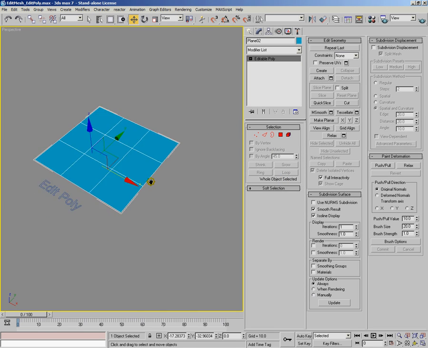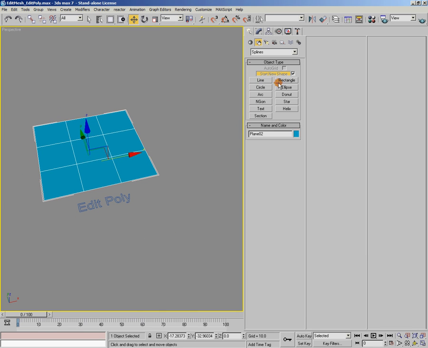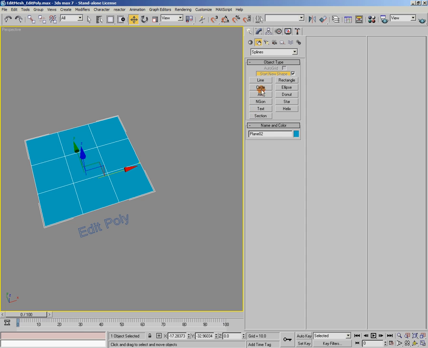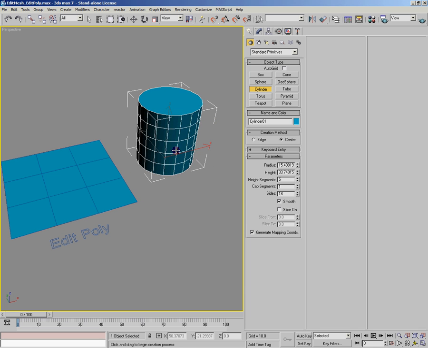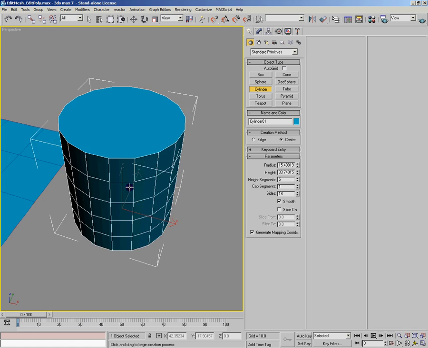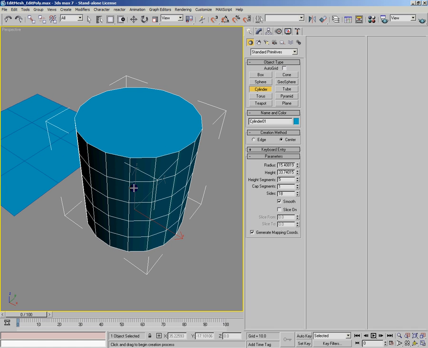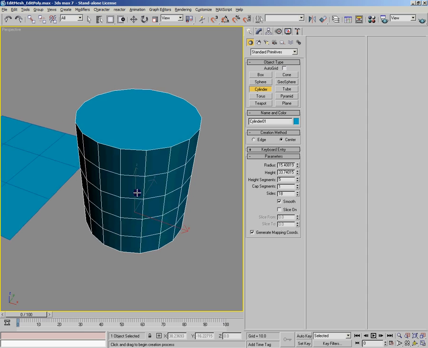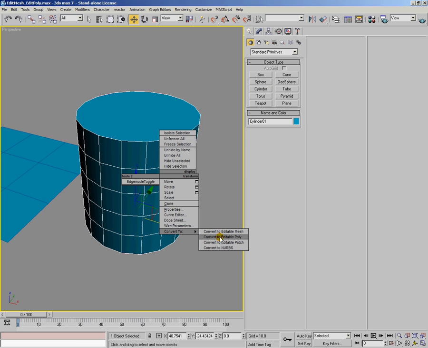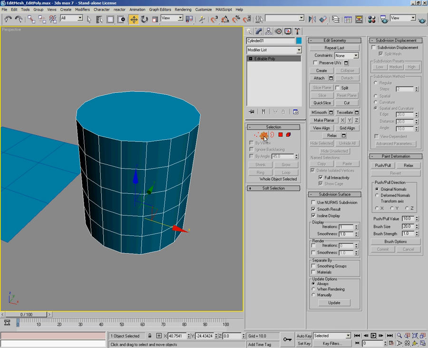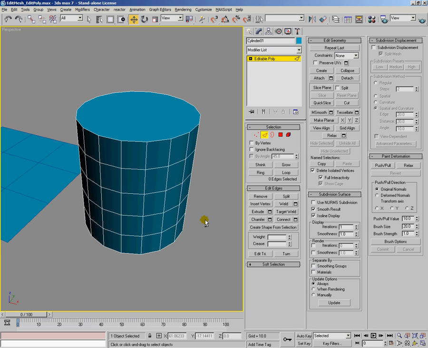For what I'm going to show you next, probably the best thing I can do is get myself a cylinder. So let me just go to standard primitives, cylinder. I'm just going to click here, draw myself a cylinder, and press Z to zoom in on it. I'm just going to press J to get rid of the selection bracket because I don't want it to distract us here. And I'm just going to go and say convert to editable poly, go into edge mode, and now